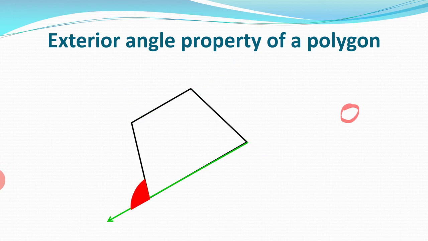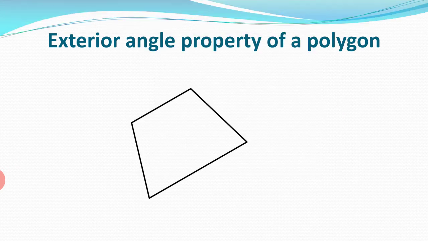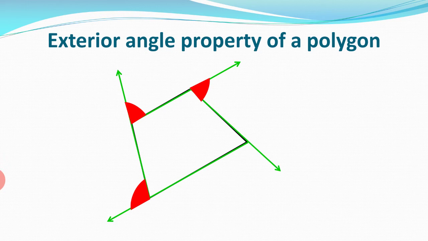Let us do it once again so that you will understand what I have done here. I have taken a quadrilateral again, and then I am extending each side to get an exterior angle. See, the exterior angles are marked with red. Can you see how many exterior angles there are? 4. Now what will I do? I'll take each one of these exterior angles and arrange them. See, I'm arranging. 2 I have arranged. Now the third one, blue one, and the navy blue one.